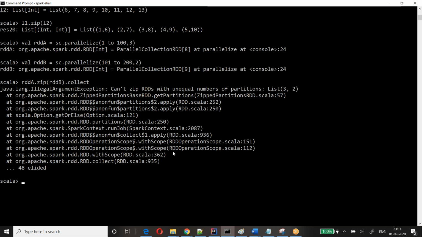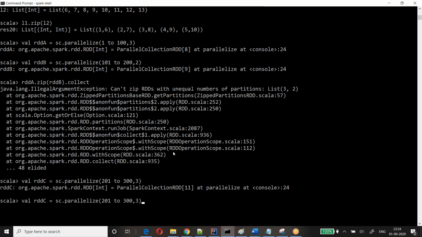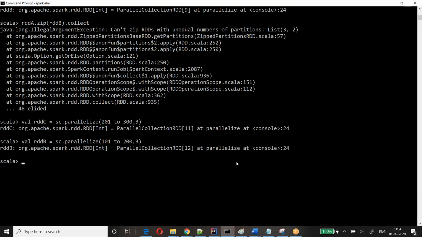We have RDDA, RDDB, and let's say RDDC, using sc.parallelize. I have three RDDs.